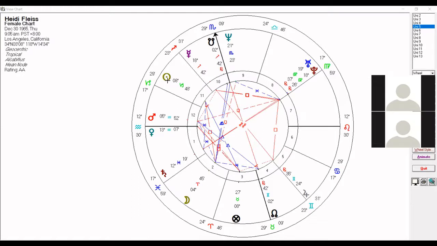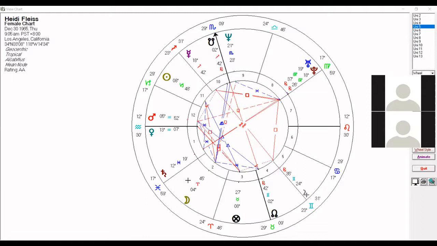This woman was born the day before I was, so I know this chart very well. Okay, yes, there is. Here, the Sun is applying to the sextile of Saturn. The Sun is at 8 degrees of Capricorn. Saturn is at 12 degrees of Cancer. So that is the difference.